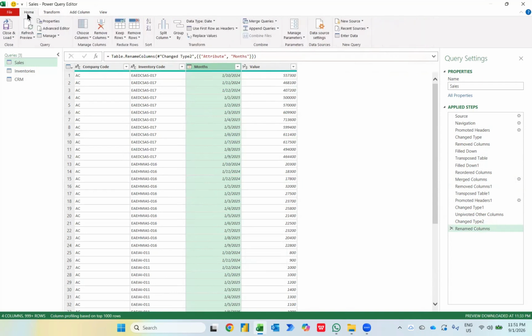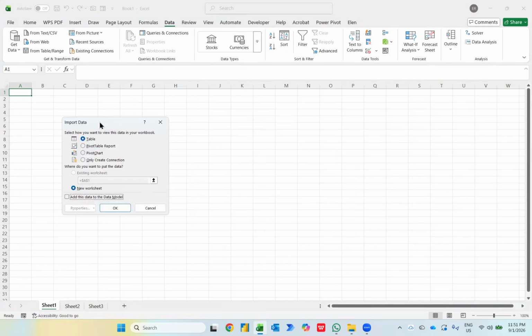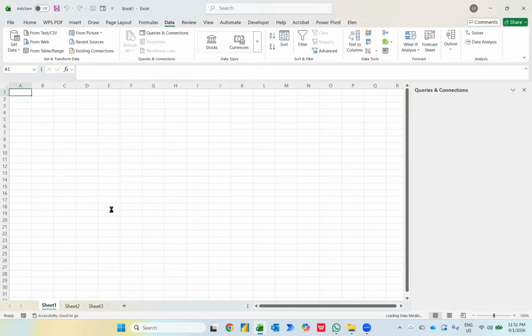You can go to home, you can press close and load, but close and load will eventually load as a table format. I don't want that. I want to press close and load to. So close and load to gives us several options. Bear in mind, if you are using the old Excel version like 2016, you will only have table and only create connection. But if you are using the 2019 version onwards, then you will have all these features. So I'm going to press only create connection and add data to this model, because for Power Pivot you need to have this. So I'm going to press OK. So some of you may ask me,